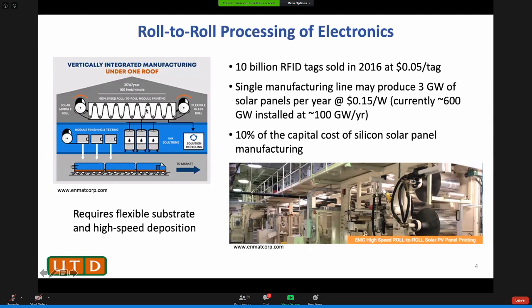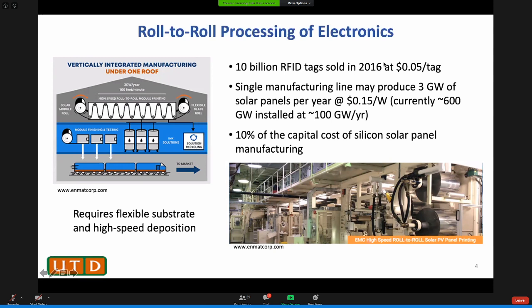Okay, so there's a roll-to-roll machine here. You have different stages to deposit things, and then you have to anneal it. Okay, and then you have testing and things. I should mention that the RFID tags that you find everywhere, that's made very cheap by roll-to-roll printing. And EMC has done the modeling to show that a single manufacturing line like this, and this is a real picture of what this looks like,